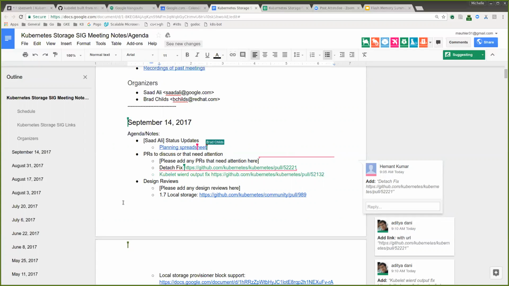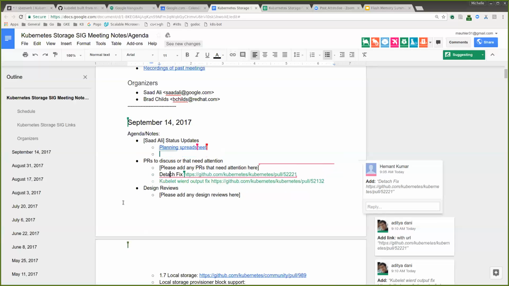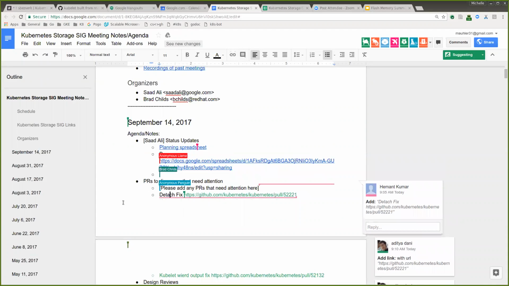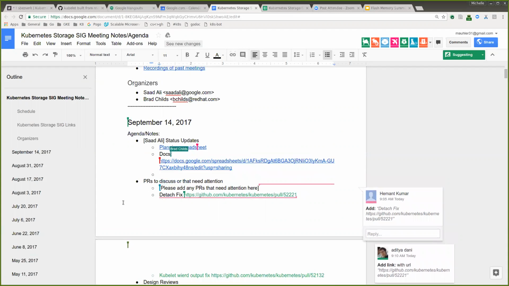All right. So, PRs that need attention. Hamad, you have this detach fix. Yeah. Unfortunately, I kind of need Saad for this. Basically, we have some protection in place in the attach detach controller which doesn't detach a volume if the pod is deleted